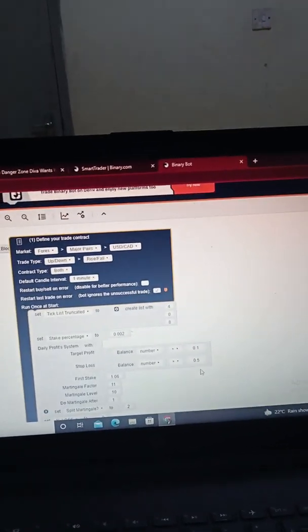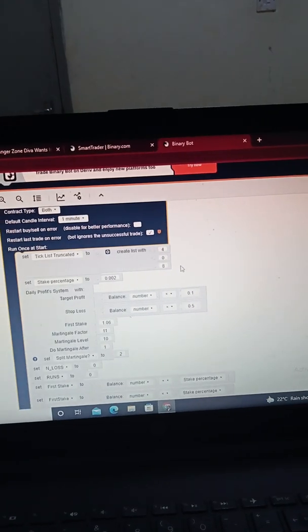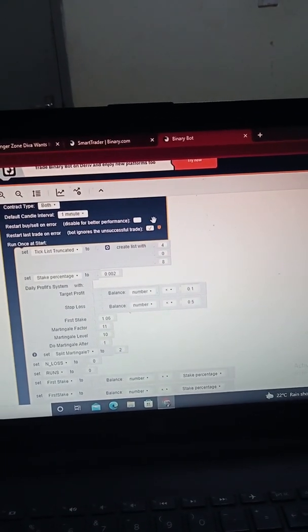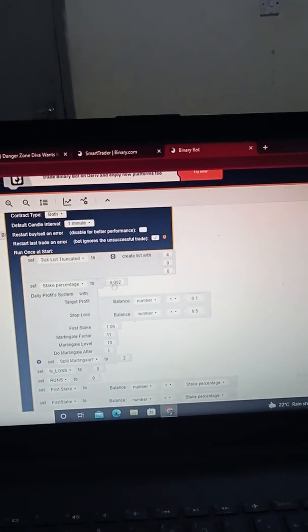Well, this bot doesn't have many elements, but it is compatible with all pairs in both forex and synthetics. Okay, so to trade, you may customize the bot to double the martingale equation based on the size of your